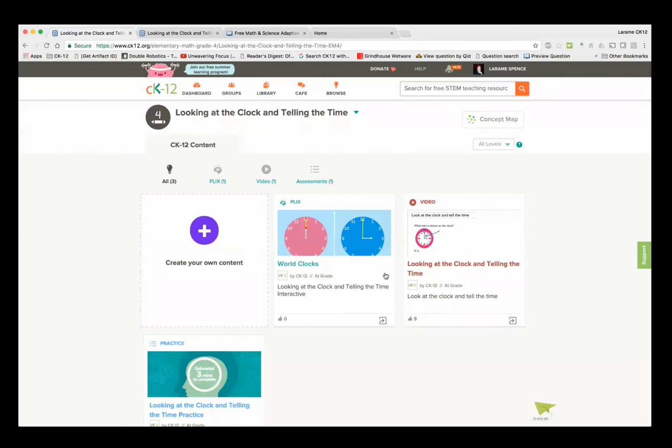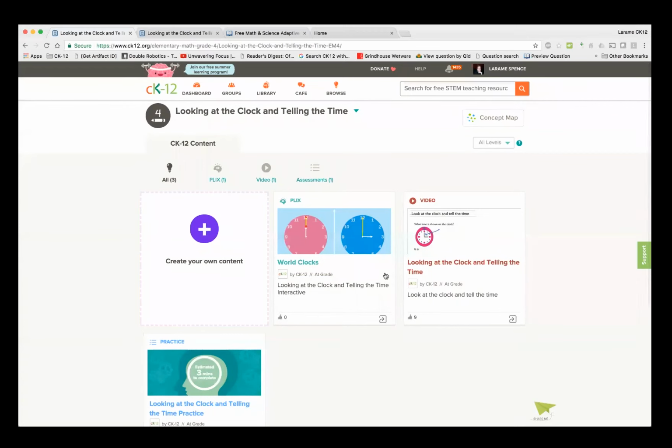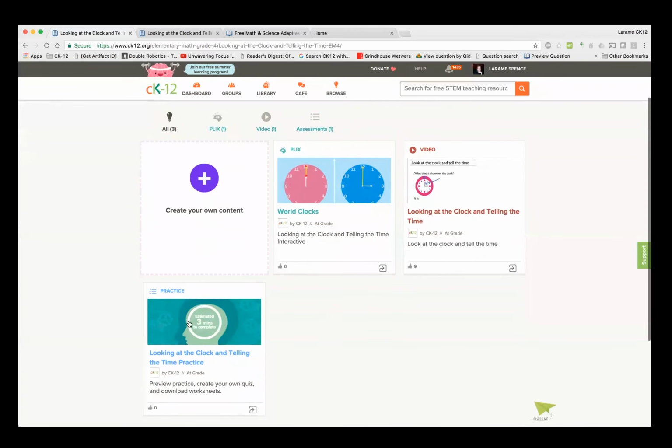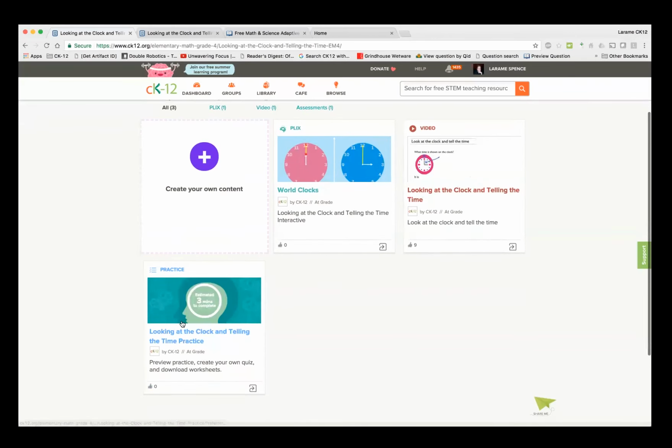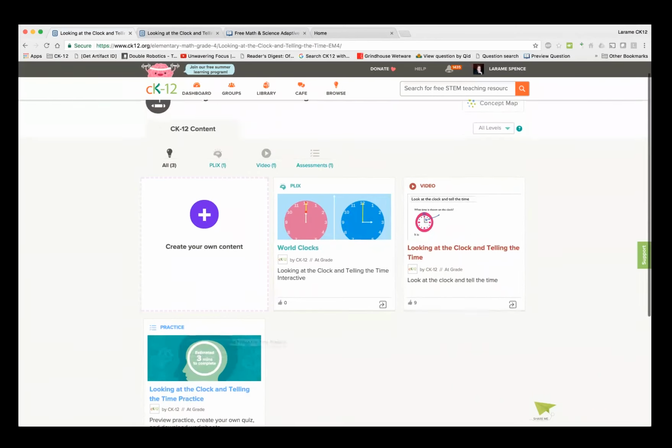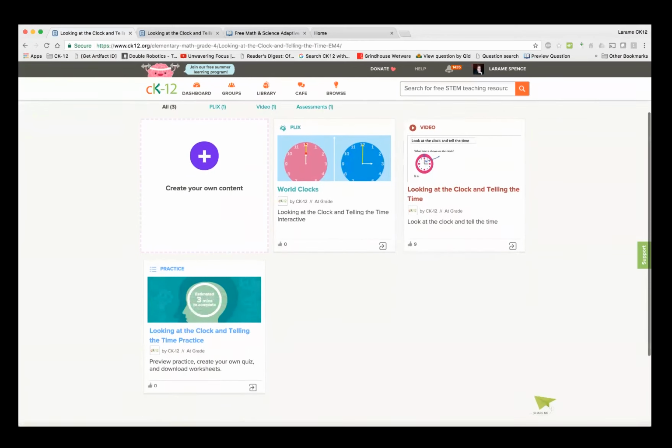Almost every single one of CK12's, give or take 5,000 concepts, has a practice modality assigned to it. And you'll see this little card of the 3 that are available for this particular concept. There's the practice card down here, and it's usually the last card in the list. This is the easiest way to find practice for a specific concept. So if I click on that,